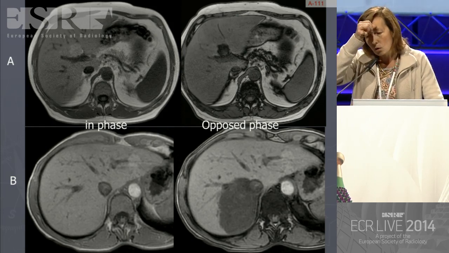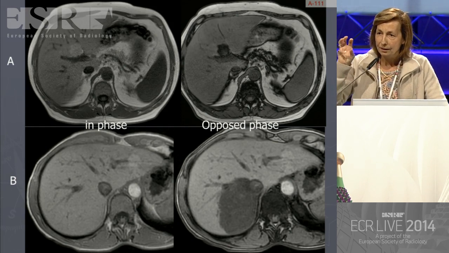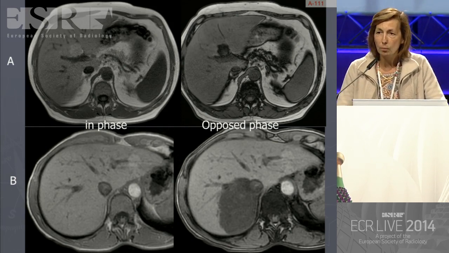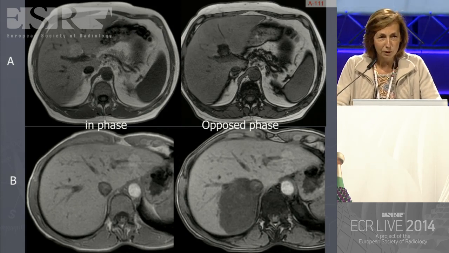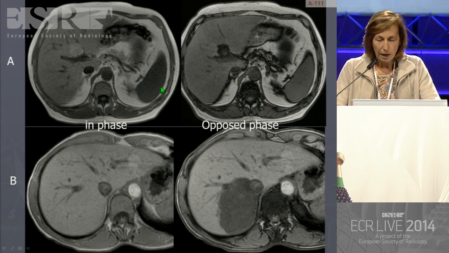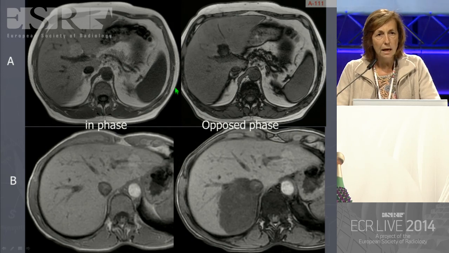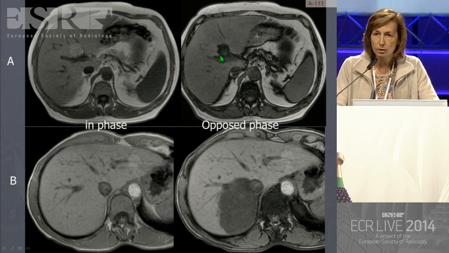Okay, now we still deal with the lesions, but we are now within the liver, and I won't bother anymore to ask you whether the lesion is intrahepatic or extrahepatic. We have two different patients, both MR examination. These are in-phase and opposed-phase T1 gradient echo sequences, and of course now you very well identify the presence of